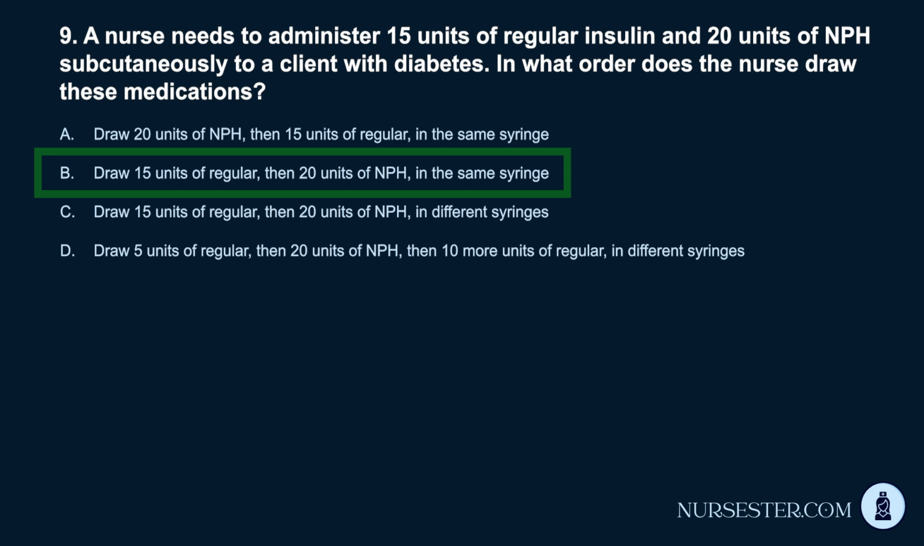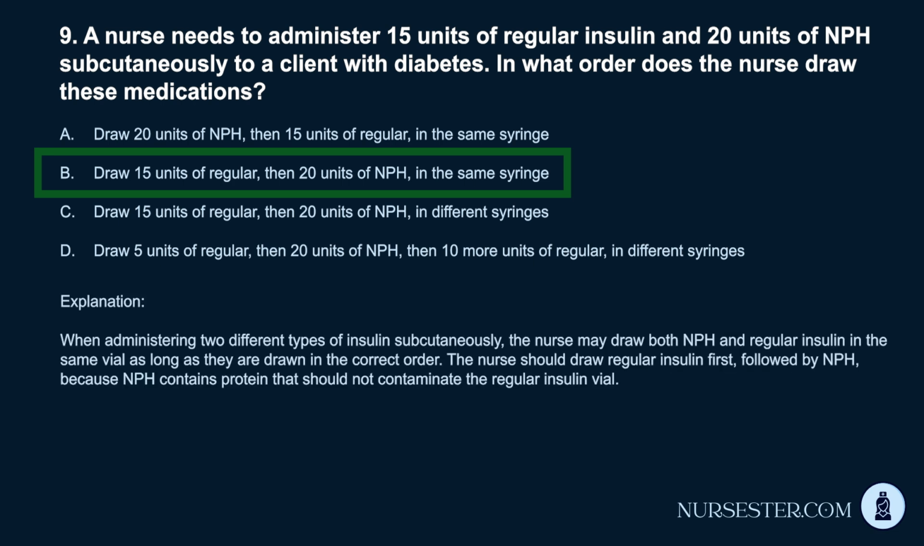Correct answer: B. Draw 15 units of regular, then 20 units of NPH, in the same syringe. When administering 2 different types of insulin subcutaneously, the nurse may draw both NPH and regular insulin in the same vial as long as they are drawn in the correct order. The nurse should draw regular insulin first, followed by NPH, because NPH contains protein that should not contaminate the regular